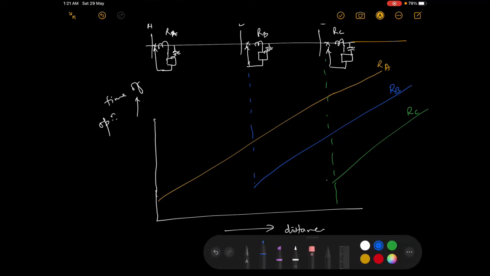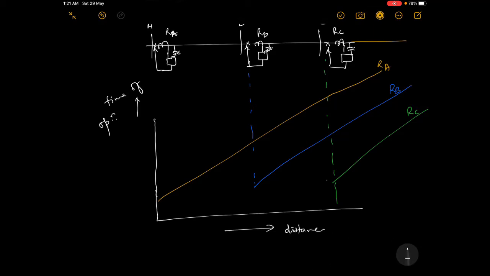Now what do you understand by this diagram? Suppose let me assume that there is a fault here. If there is a fault, which relay will operate first? Of course, this is having minimum time, so this relay will operate first. And if this relay fails to operate, which next relay will operate? Because it is the next minimum time, so this relay will operate. Even if this relay fails, what will happen? This relay anyhow has the reach and this relay will operate.